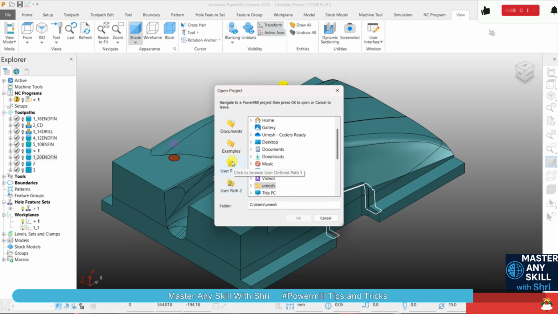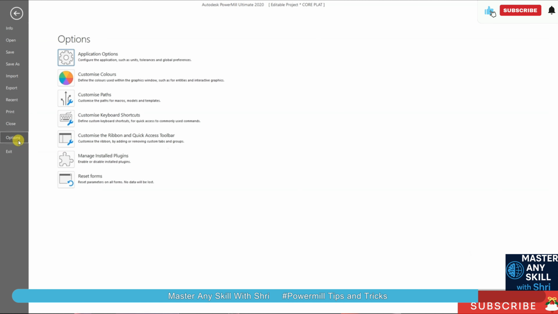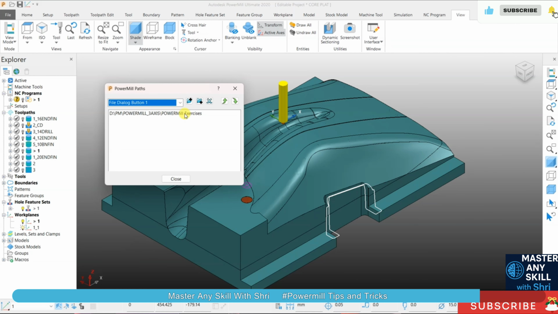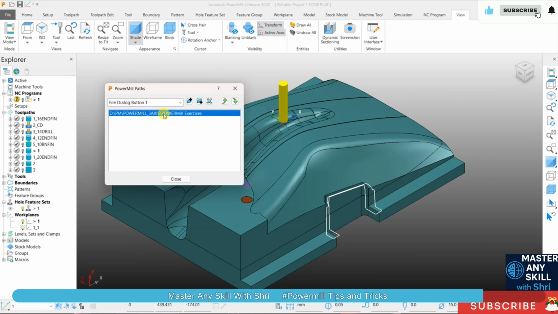So we can add our own path for user path 1 and user path 2 with the help of this customize path. Okay, file dialog button 1, this is the toolpath D, and for second button E, in E drive